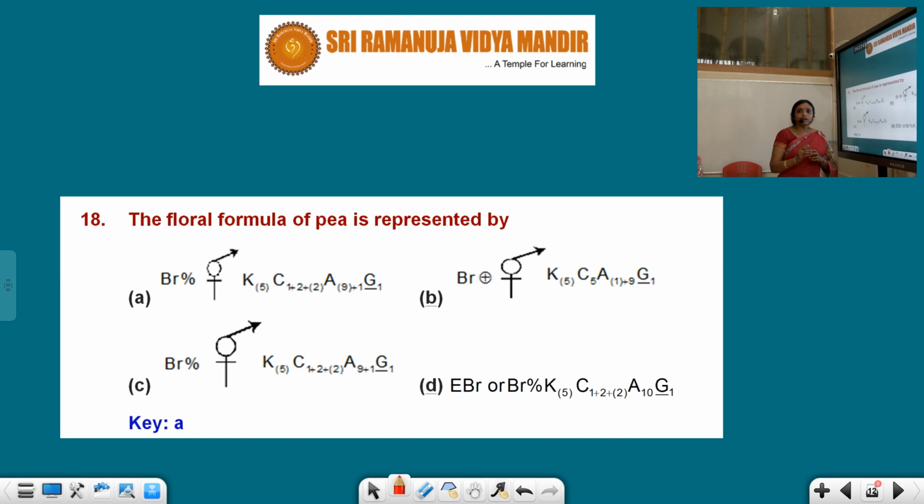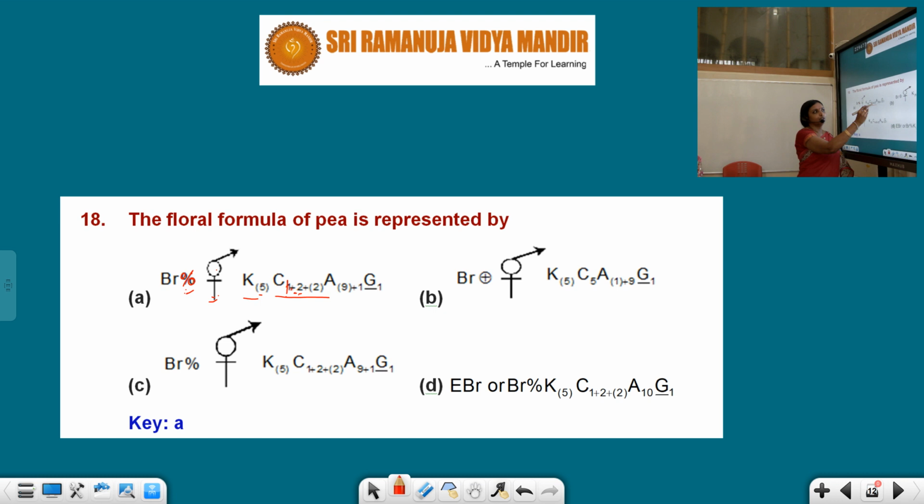So here K5 within brackets, and C, the number of corolla, 1 plus 2 plus 2, the last 2 is within brackets. What does it mean? Well, can we write 5 within bracket? No. Here 1 means one large petal is there, which is separated, not united, and plus 2, the wing petals are present below the standard petal. It is also not united, only the boat-shaped small keel petals are united. So 1 plus 2 plus 2.